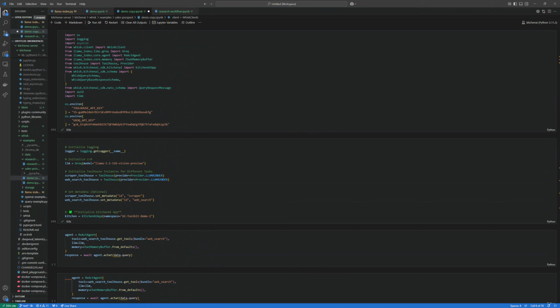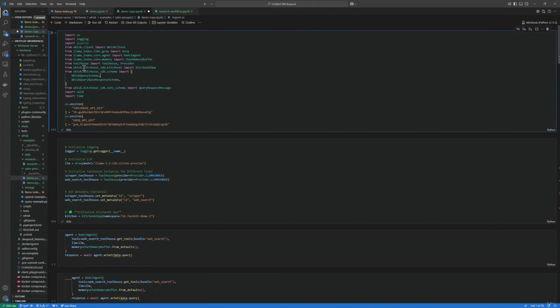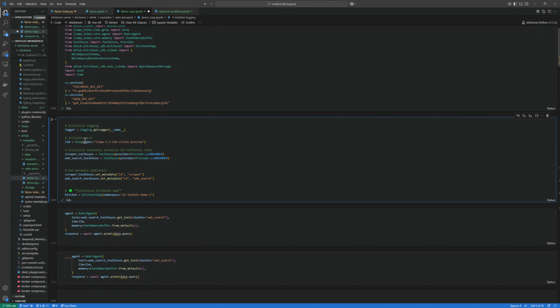So manually building a web search agent, what does that mean? Let's first talk about that. First, we have to install the pipeline processes and the libraries. So here, that is what we are doing. This is my API key for Groq and Toolhouse. Don't worry about it. I'll change it. Not a big deal. And once that is done, I'm initializing